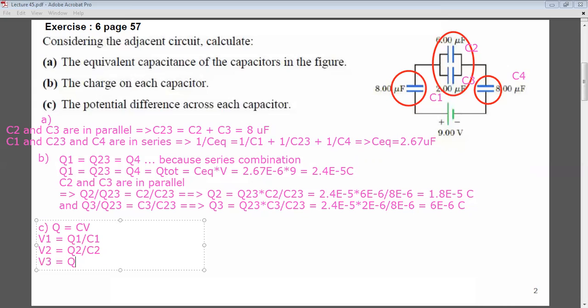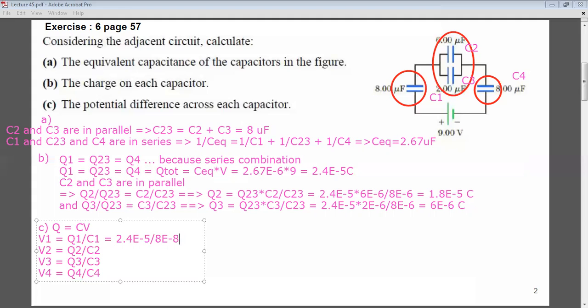V3 is Q3 over C3, and V4 is Q4 over C4. So what is Q1? Q1 is here. Q1 equal to Q4 equal to 2.4 e to the minus 5 divided by